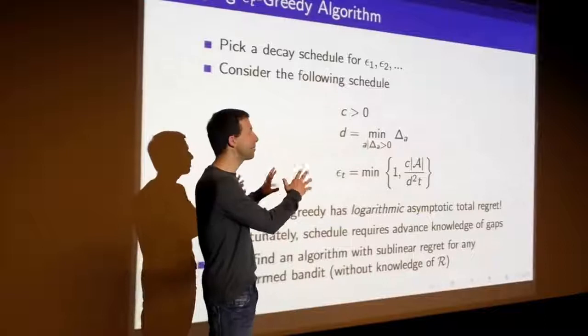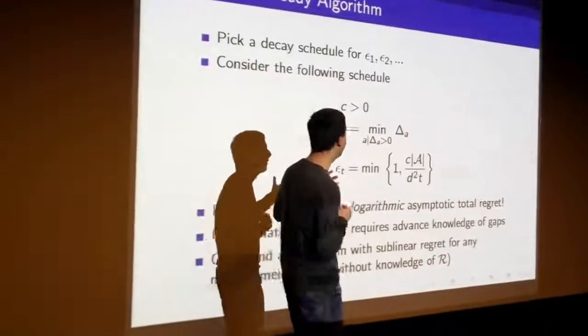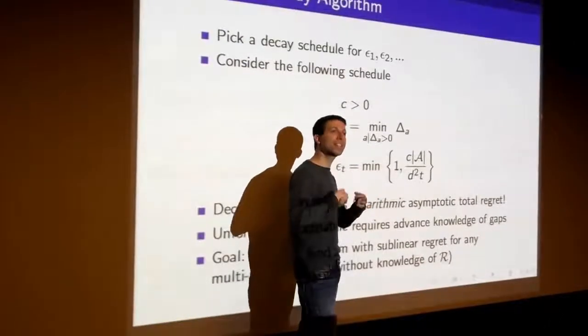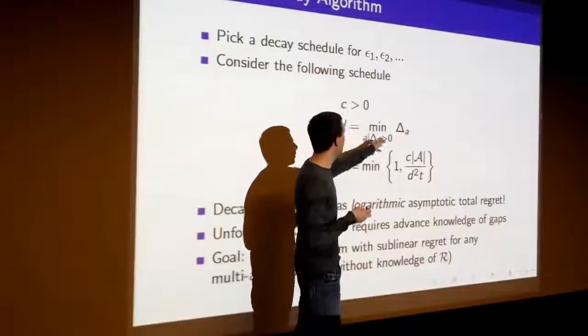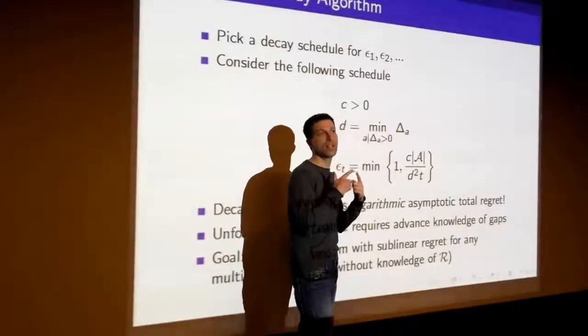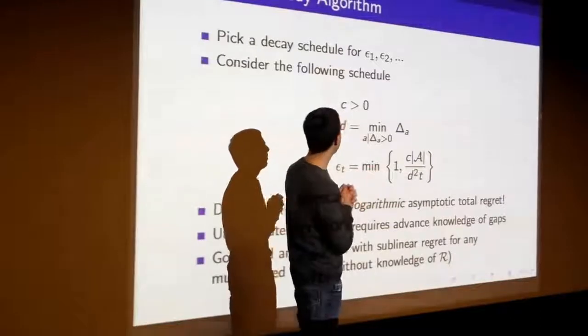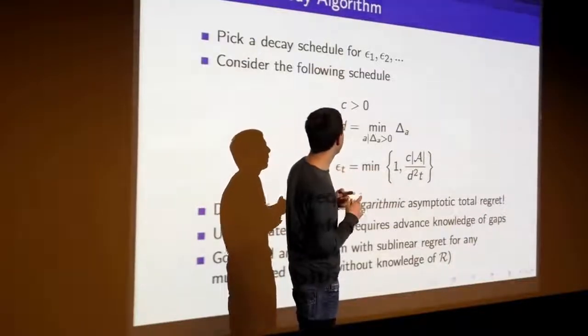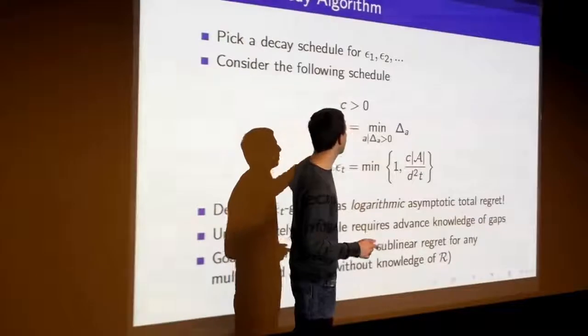You can't do this in practice because it uses knowledge about V star, which we don't know. But let's say someone told us V star, and we could measure all of our gaps. Let's say we knew the size of all our gaps, which we don't. If we knew the size of all our gaps, then what we could do is invent this schedule which says,